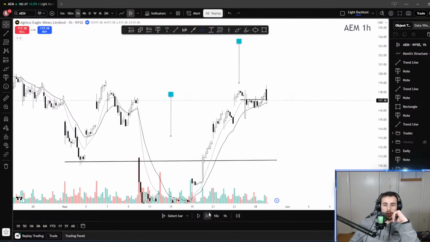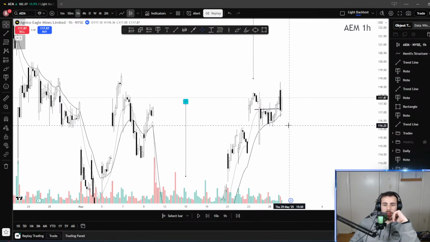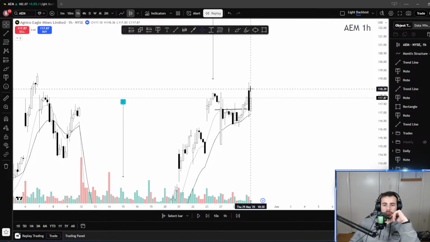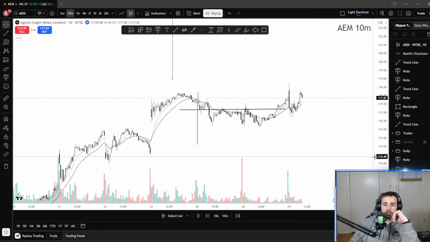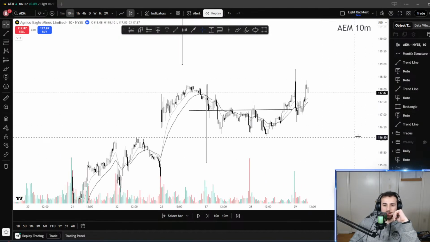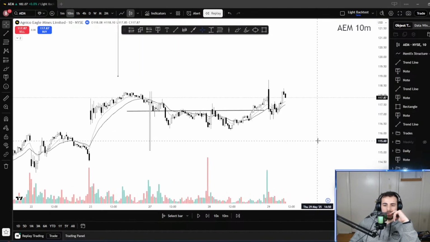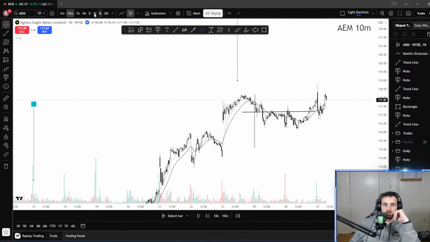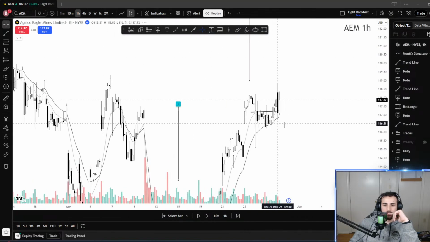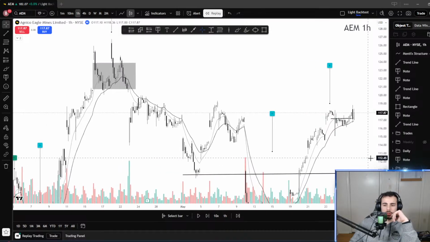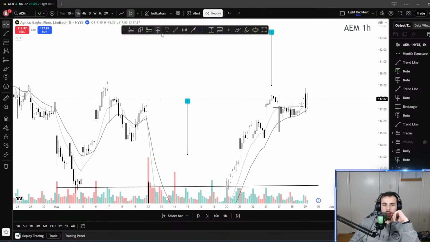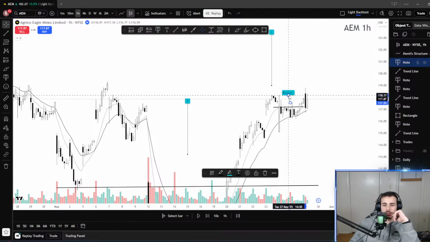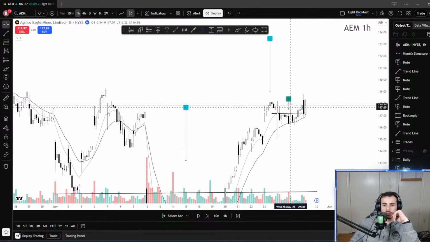Okay, so pull back on the 1 hour. Okay, we get it. It's pretty strong though. It comes down to one candle pretty aggressively. Let me see the 10-minute. It's weird because I just don't know why it came down like this so quick. And that's already presenting like a red flag to me.